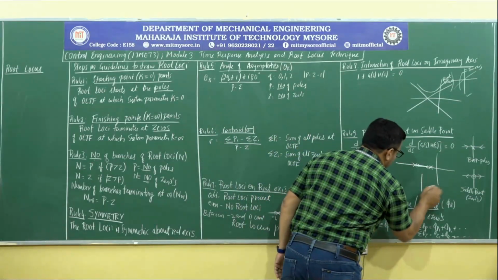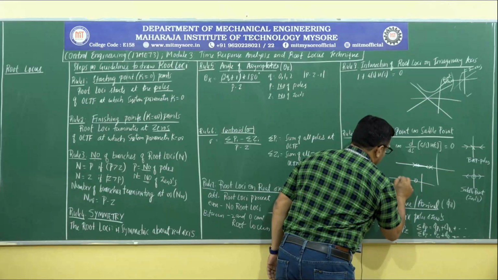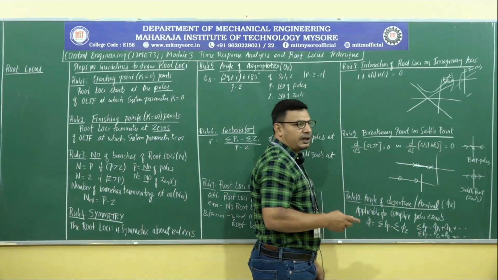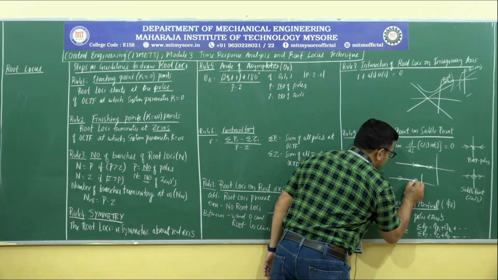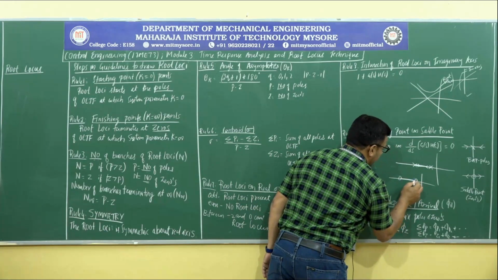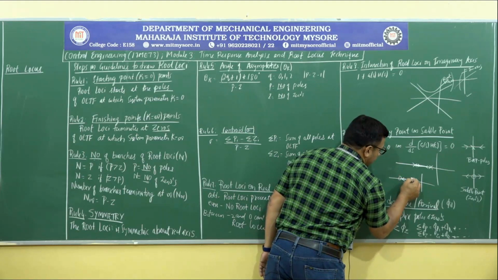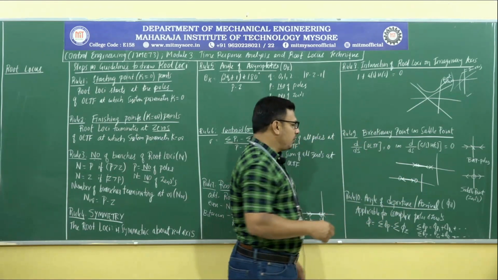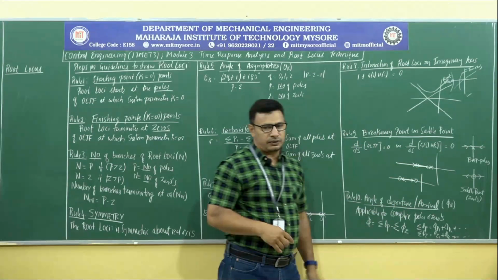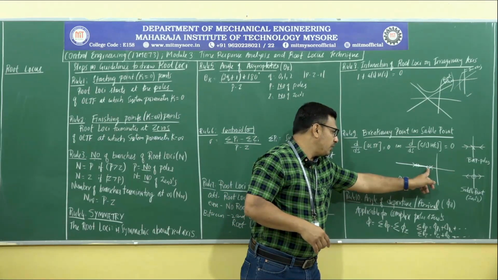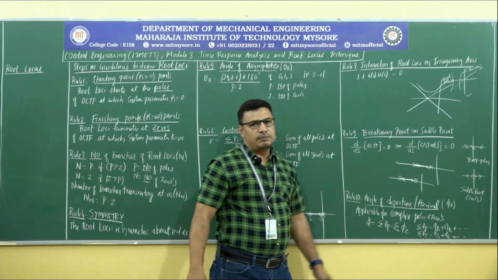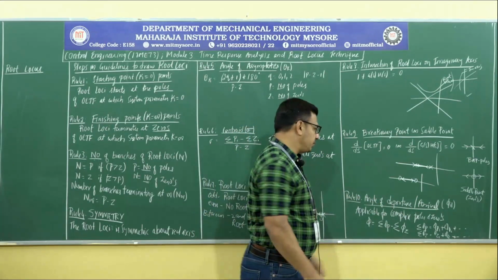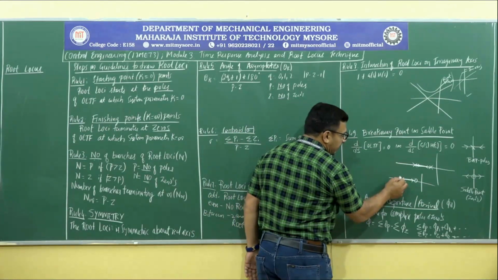Or even this is also possible. There is a 0 here, there is a 0 here. Zeros are nothing but the terminating points or finishing points, and if the root loci exists between these two, the arrow will be moving towards the zeros. Here it was, the arrow was leaving the poles, whereas here it is moving into the zeros, terminating. So, it goes and terminates here.